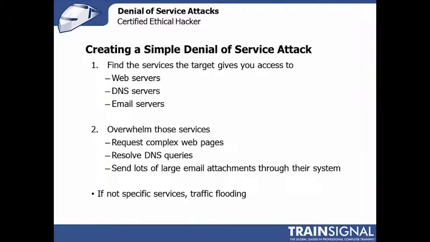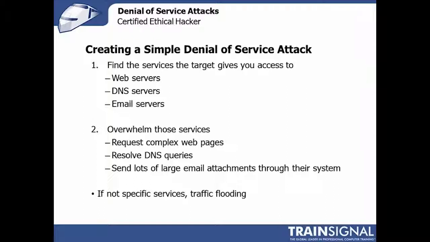And lots of email attachments, large size email attachments. If you can get a legitimate account on it, that's great. If you can't, that's probably fine too, because it's pretty easy to spoof that kind of stuff. And those are service-based simple denial of service attacks that you can actually mount almost universally against these types of servers. You just need to find servers that are configured in a way that allow you to do this.